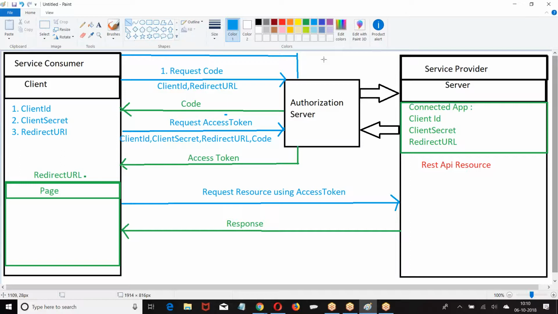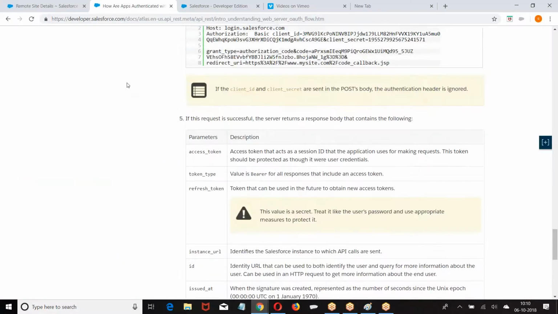Now what is the format we have seen? The username, password format we have seen. The second one we have seen is the code format. In the code format, we are also getting a reference token. By sending this reference token, we can also request a fresh token. So here they might have given the documentation.